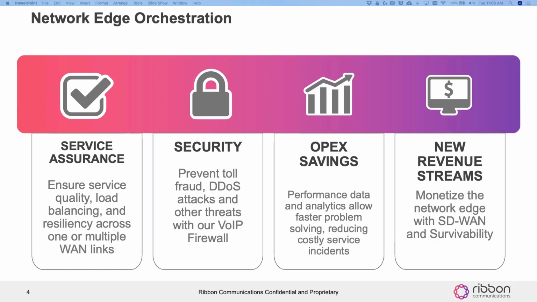And obviously, as we all know, it used to be the last mile was the biggest concern for performance and delivering service. But now it really gets down to the last 100 feet. So from a service assurance perspective, we're monitoring and measuring the quality of the broadband connections. And when things arise such as packet loss, jitter, any kind of interference within the data packets that can affect real-time communications, the EdgeMarc application, or the Network Edge Orchestration application, has the ability to not only monitor and help